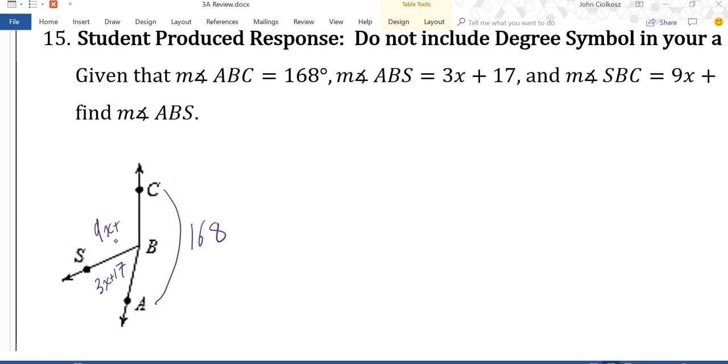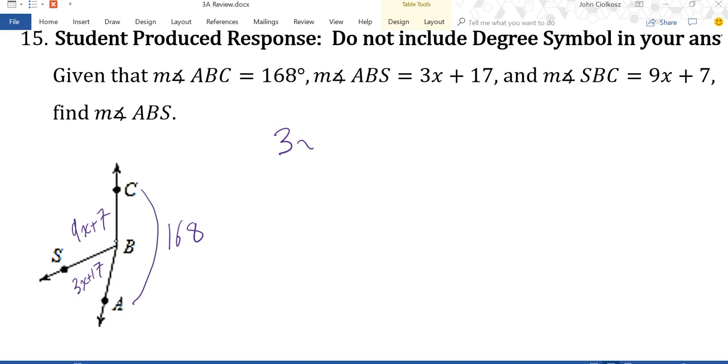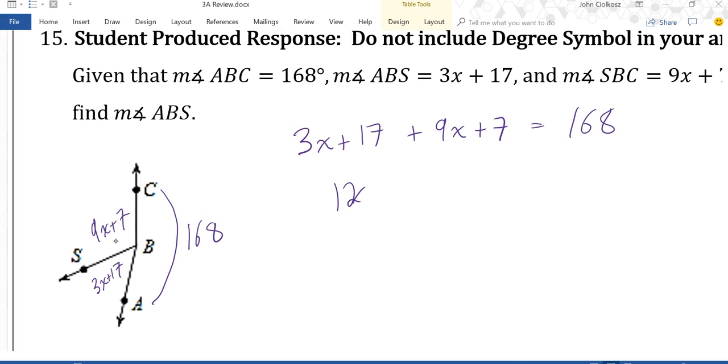So from what we know, if we add the two parts, they'll give us the whole. It doesn't matter what order you add these in, as long as they're on the correct side. So 3x plus 17, and if you put the 9x plus 7 first, you'll get to the same spot. The key idea is that the larger angle that is created by the smaller two has its own side. So combining here,